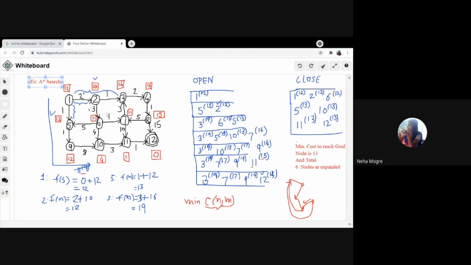So whichever is minimum, we choose that in the open queue. Got my point? That is what C of n comma m is saying. If you have a more minimum value, you choose that one and place that value in the open queue. We also did this in uniform cost search. We are updating the value. If we get a more optimal, more minimum cost, we update that. Here, if we get a more minimum f of n value, we update that value.